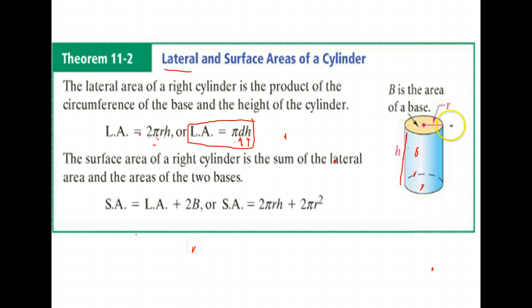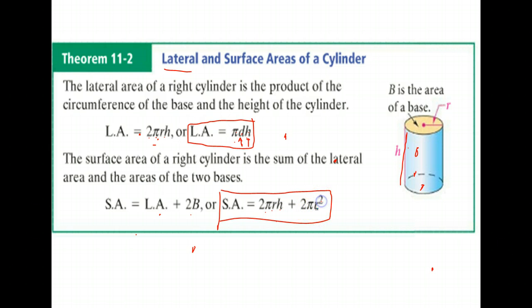For surface area, we don't just want the area around the outside, we also want the top and the bottom to be included. So it's the lateral area plus 2 times the area of the base. With a cylinder, our base is always a circle, so the cool thing about a cylinder is we can write down a definite formula. Okay, the surface area is 2 pi times the radius times the height plus 2 pi